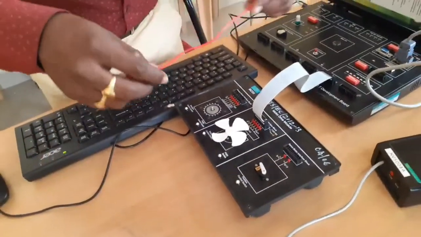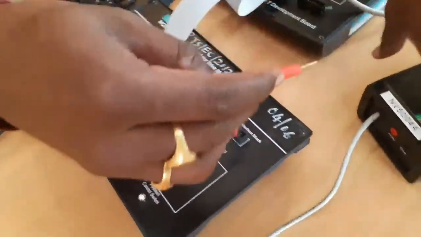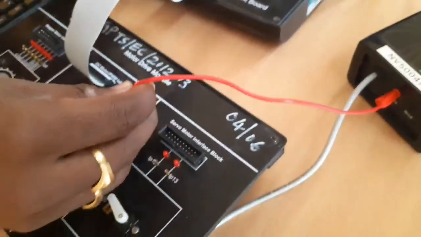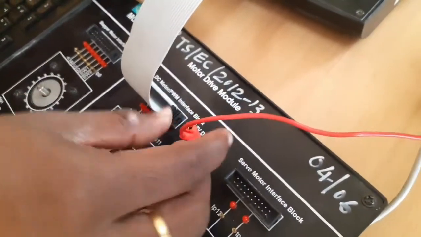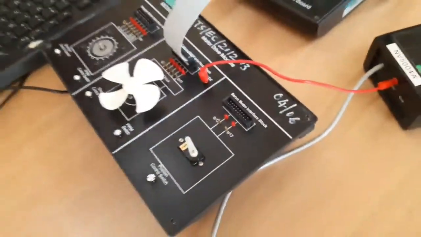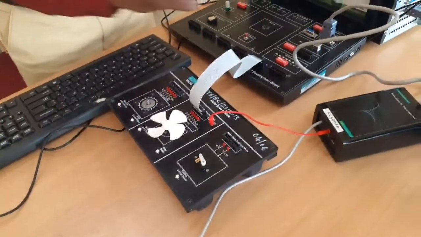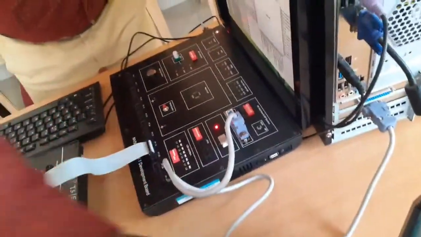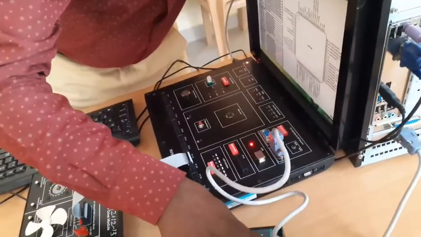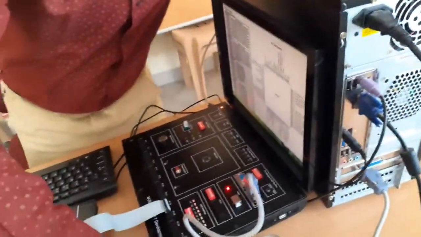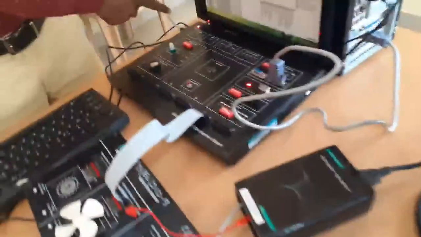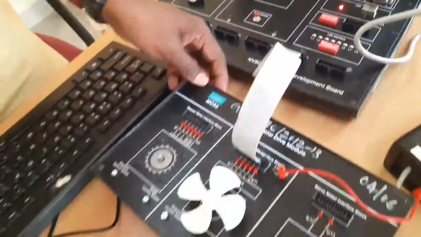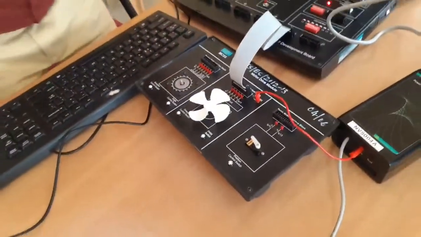One more, as I said, the patch card is used for the connection of the 12 volt DC supply, and another point is to the motor, this is important, which will supply the direct current. So now let me switch on both power supply buttons, for this and this one. It will show LED light. Now the LED light is on, that indicates the board is on. So now I have made the connection setup.